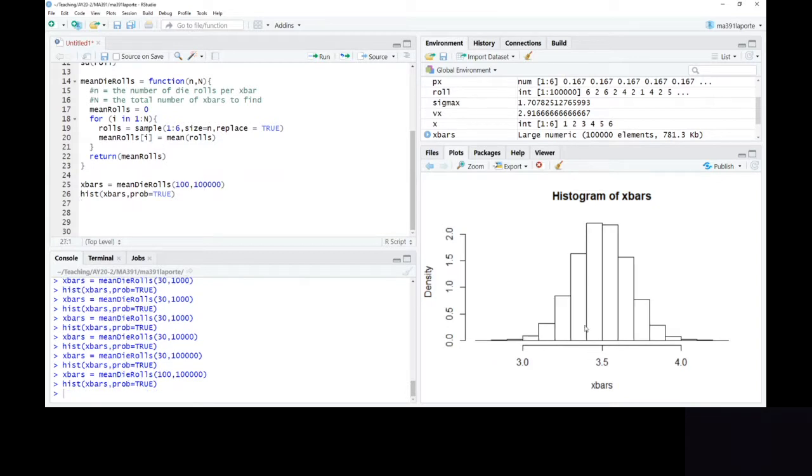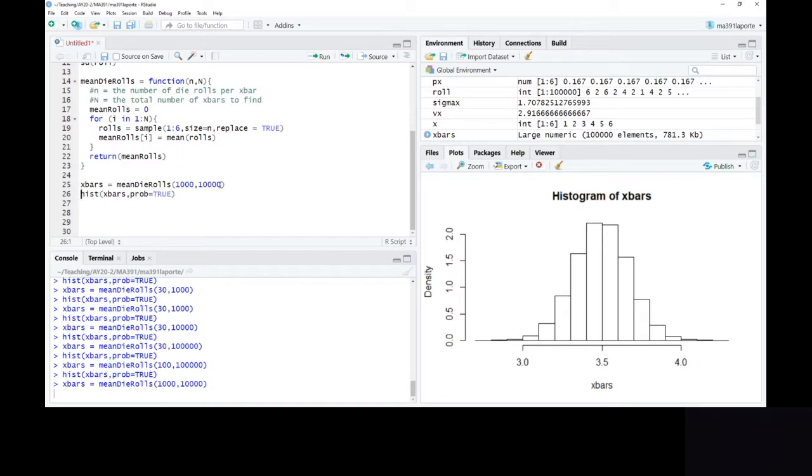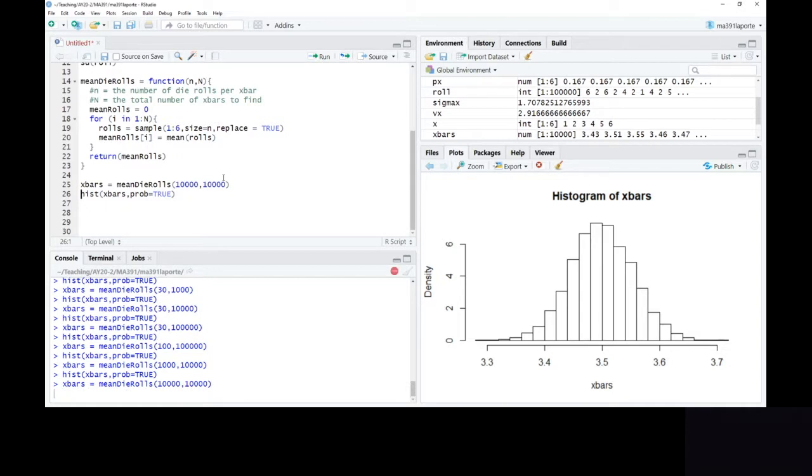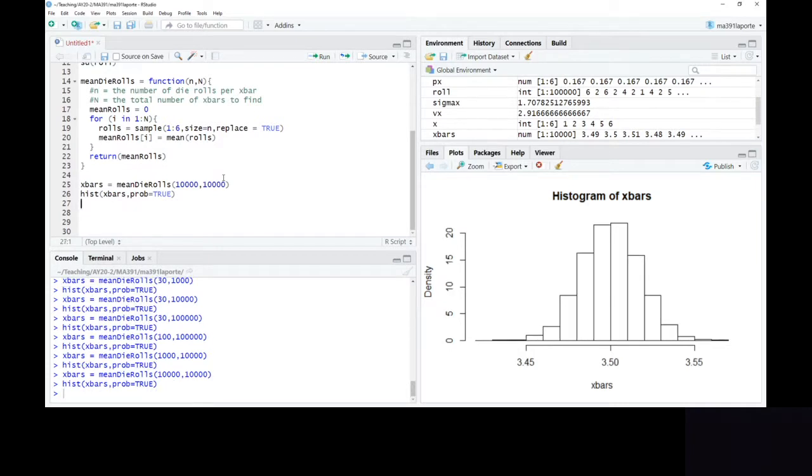Remember that? Well, now you've got... so no longer is 2.5 the left limit and 4.5 the right limit. Now it's 4.0. And if you did 1,000 of these, I'm going to go ahead and decrease this number, I don't want it to take forever. Now we get closer and closer, right? So 10,000. Wow. Yeah, I probably overstepped my bounds, but let's see. And now we're getting really close, so it's 3.45. It rarely gets it. So if you're doing 10,000 of these, rarely does it get outside 0.05 away from the actual